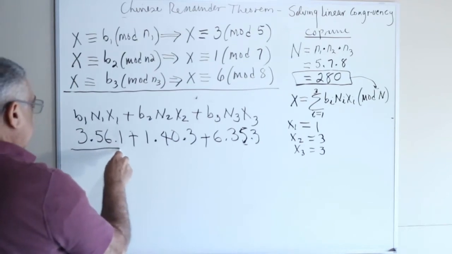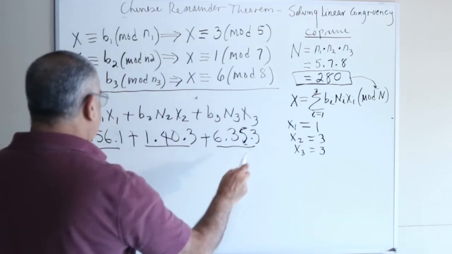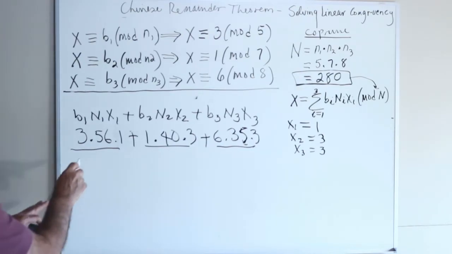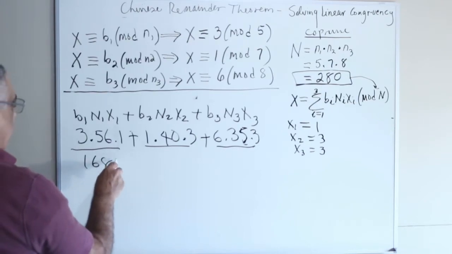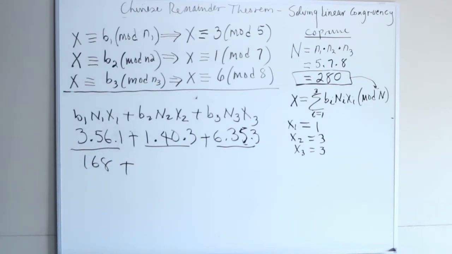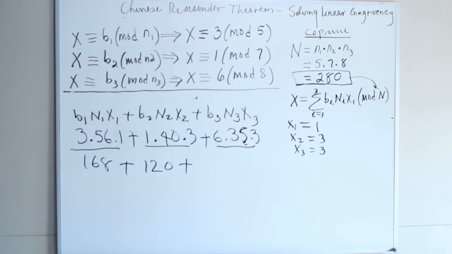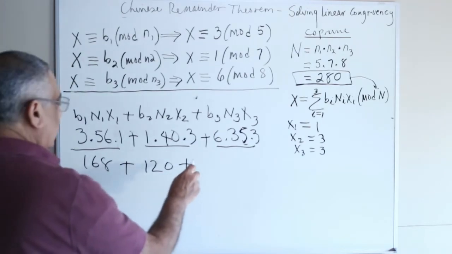Now all I have to do is evaluate these. Now when I take 3 times 56, that gives me 168, plus 1 times 40 times 3, that gives me 120, plus 6 times 35 times 3, that gives me